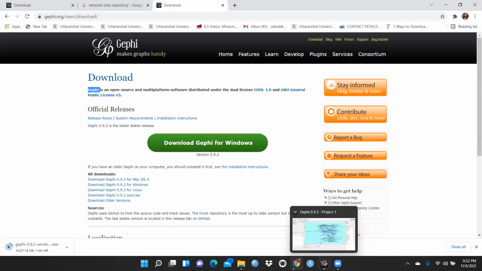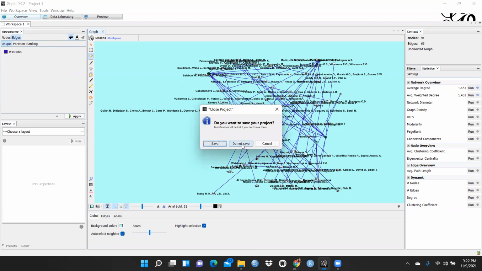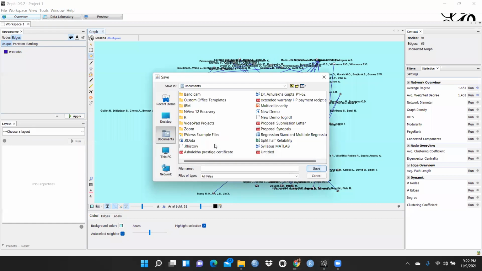Now when you open this Gephi, let me start as a fresh new beginning. Here I'm clicking on new project, right? Okay, fine, I'm saving this.